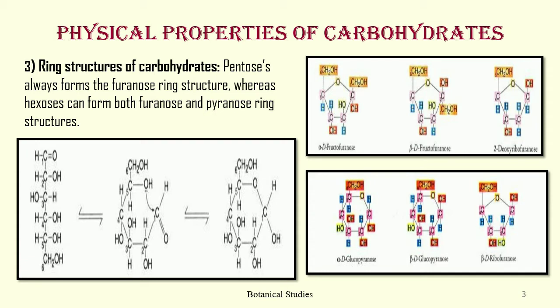If the first and the fifth carbon atoms of the same sugar are involved in the hemiacetal formation, then the resultant ring structure is a six-membered ring that resembles another compound known as pyran. Hence, the name of the resultant carbohydrate ring structure is pyranose ring. Among the carbohydrates, trioses and tetroses do not take part in ring formation owing to their short length. Pentoses always form the furanose ring structure, whereas hexoses can form both furanose and pyranose ring structures. The following are the ring structures of a few monosaccharides.